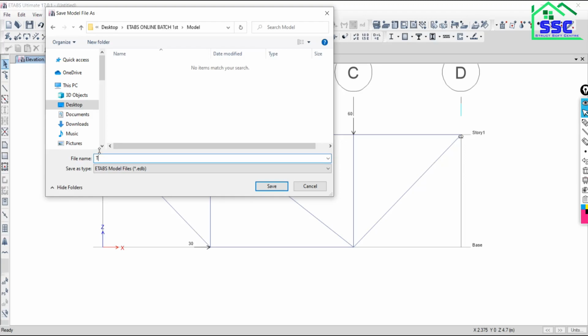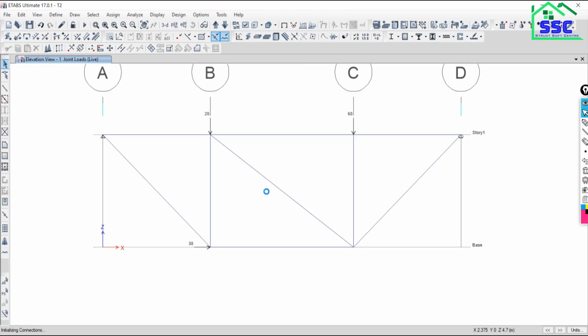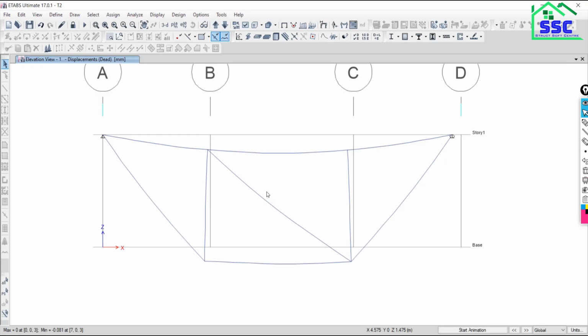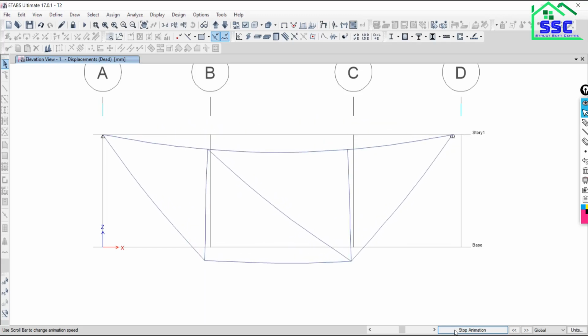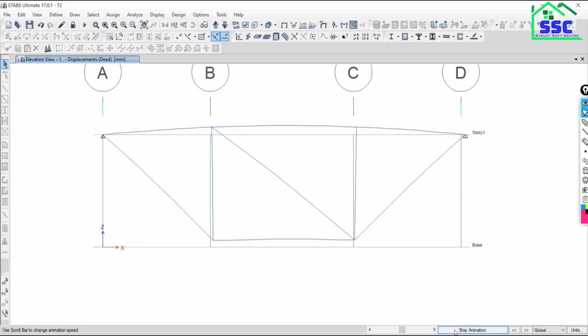This is the T2. It takes some time and gives the result, the deformed result, or we can see the animation of this structure under the loading. As you can see, this is the deformed shape or animated deformed shape of this structure.